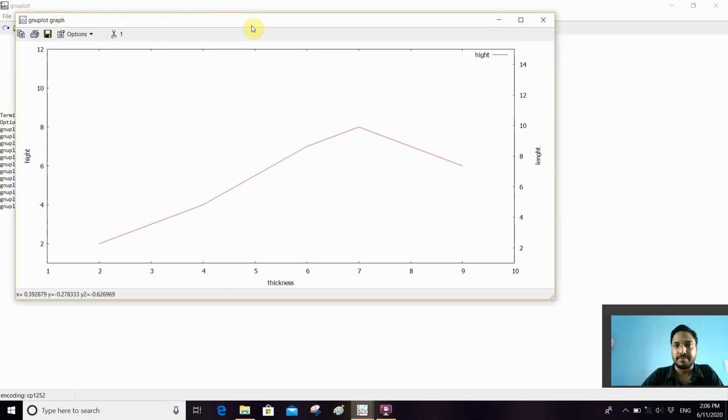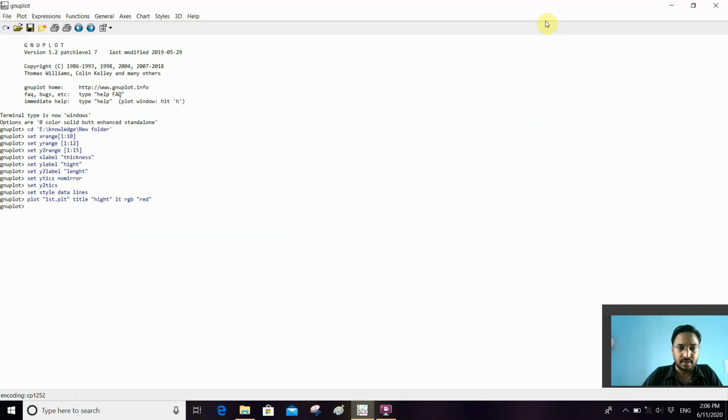I am pressing enter. So plot first.plt, title name is height, color is red, and width I am taking as 5 scale.